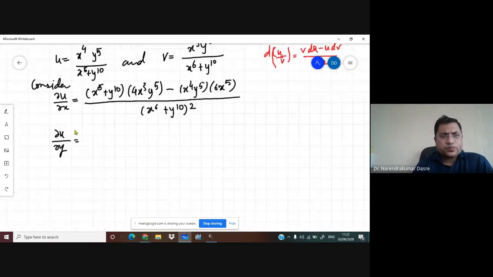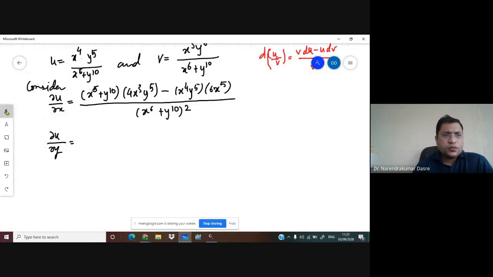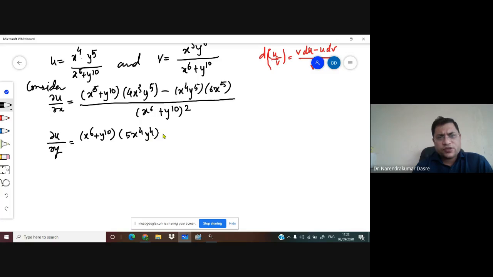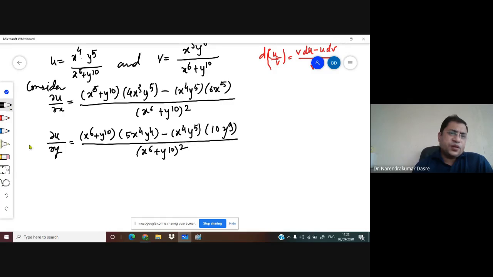This will be x raised to 6 plus y raised to 10, and this is 5 x raised to 4 y raised to 4 minus x raised to 4 y raised to 5, and this is 10 y raised to 9. We are finding the derivative with respect to y. Okay, so we have to be careful. Then x raised to 6 plus y raised to 10 bracket square. Again, now